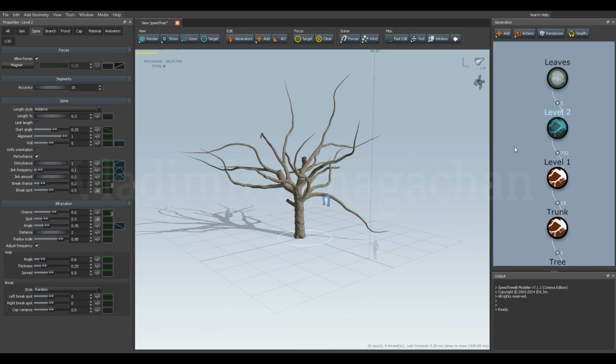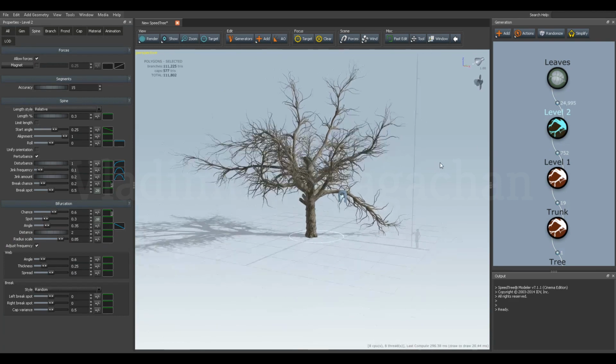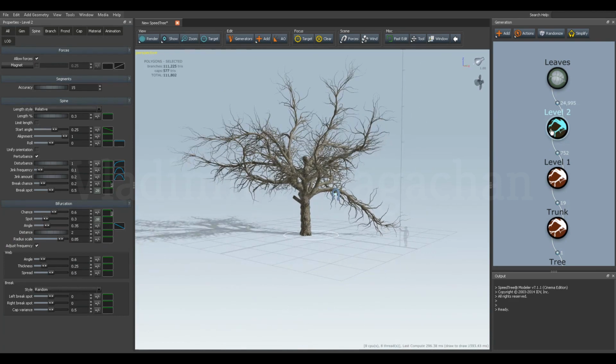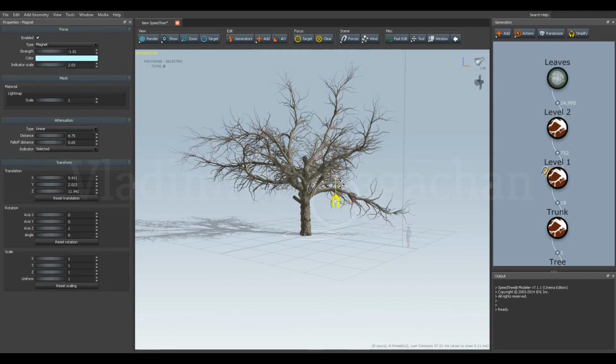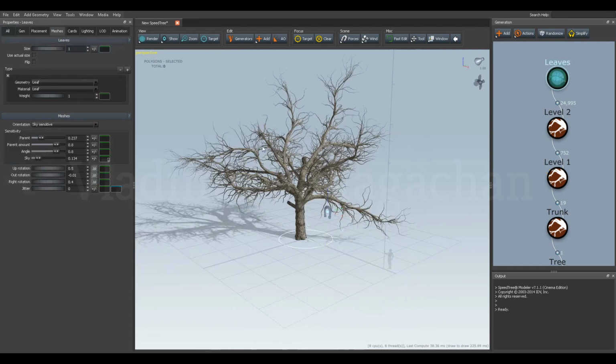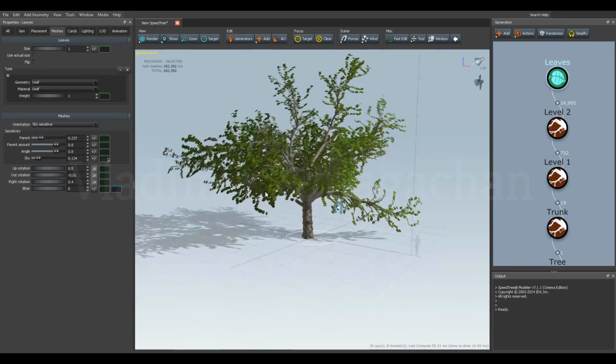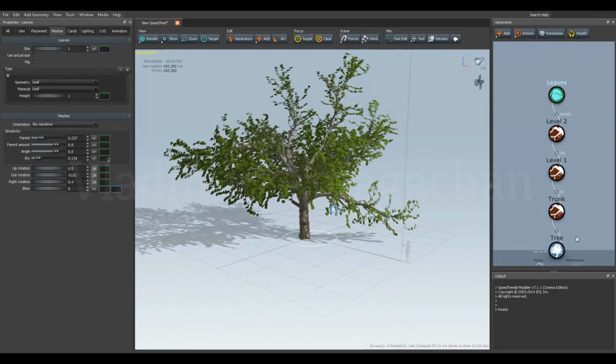Right now I'll turn on the visibility for the branches on level 2, and again I'll select this magnet and move it down. You can see that without this magnet this branch is going under the ground, and using this magnet we solve this. I will also turn on the visibility for the leaves, and I can select this tree